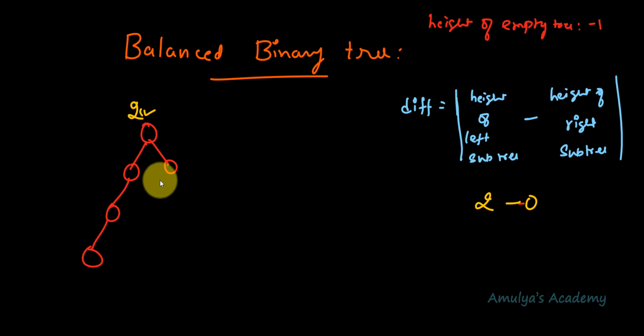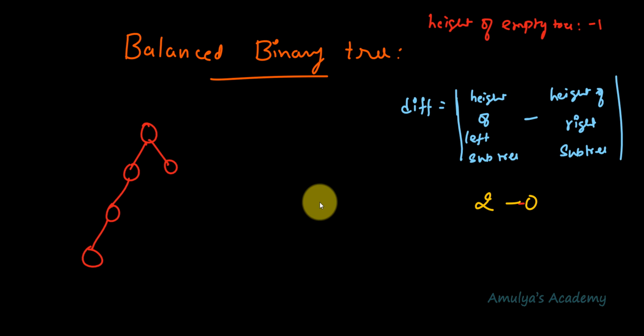By looking at this also you can say, right, here this node is present here and this node is present here in a different level. And the level difference is also 2 here. So that's why by looking at this you can say it is not a balanced binary tree. To check whether a binary tree is balanced or not, you need to find out the absolute difference of the height of left subtree and height of right subtree.